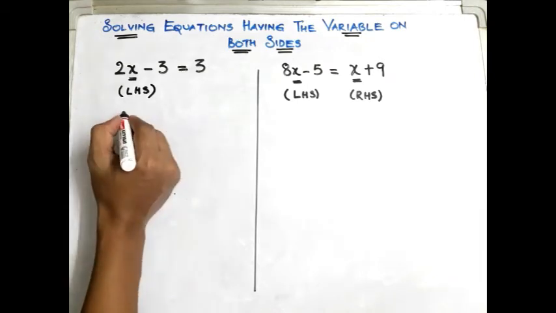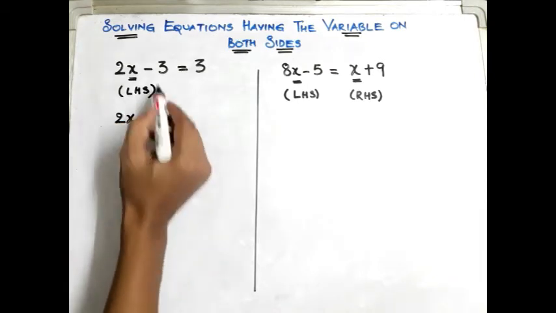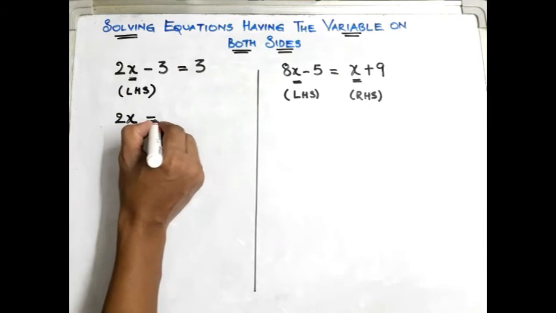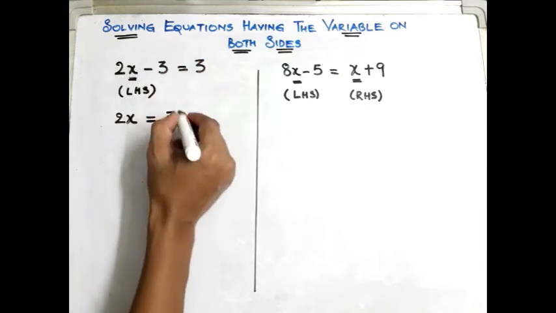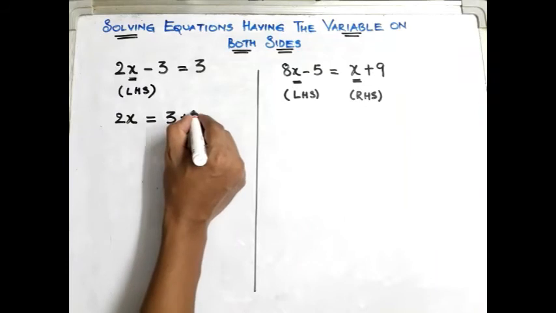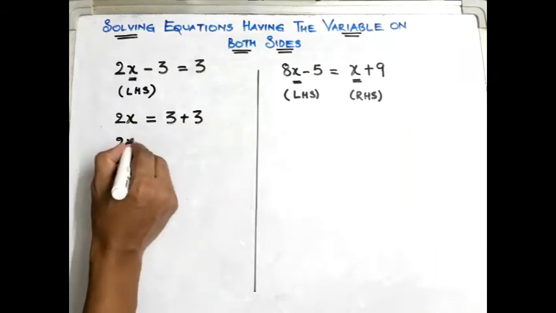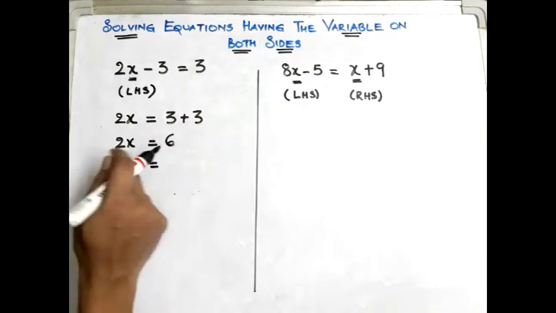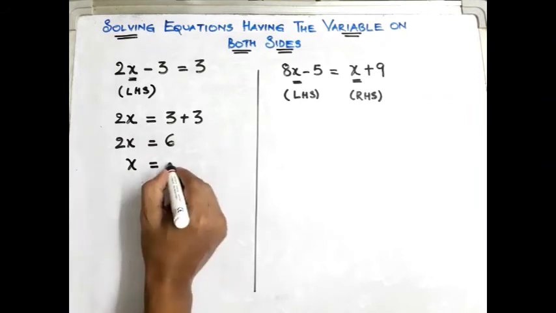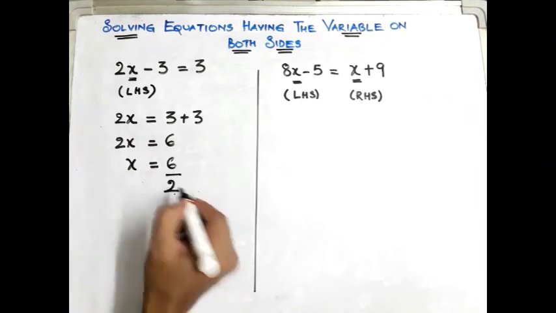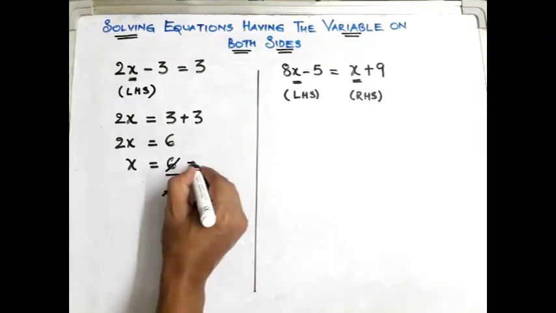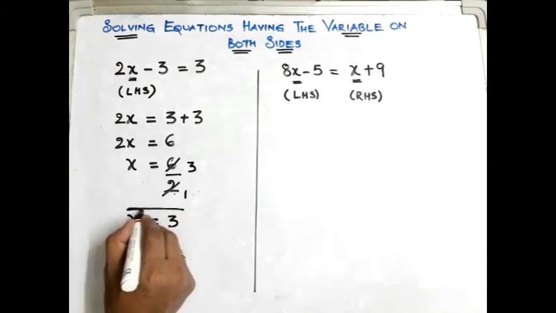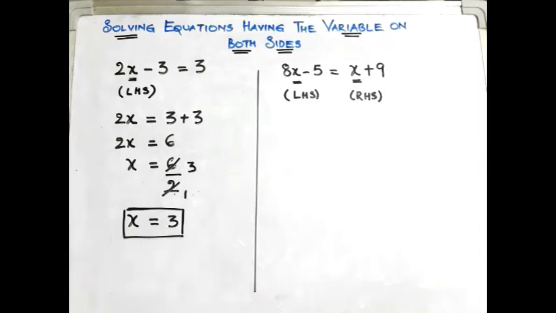Just look. So 2x minus 3. In this I want the value of only x. So first we will transpose the constant term minus 3 to the other side. If we transpose minus 3, it will become plus 3. Then we will get the value of 2x is equal to 3 plus 3, 6. And x is equal to, since 2 is in multiplication with x, if we transpose it to the other side, it will become division. So 2 1s are 2, 2 3s are 6. We got the value of x as 3. Okay, thus we can find the solution for the given equation like this.